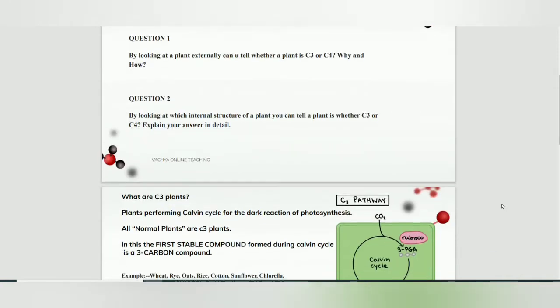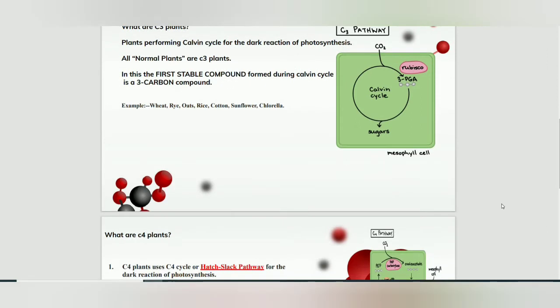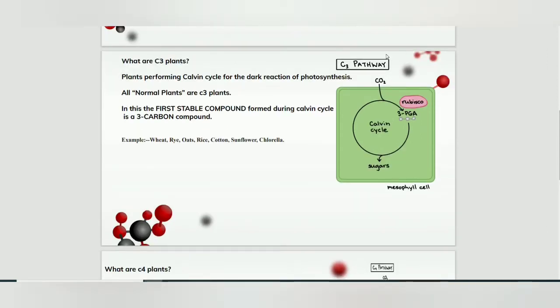So we know that photosynthesis is the process by which plants prepare their food using sunlight, carbon dioxide, and water. This happens in the leaves, and there should be the presence of the chlorophyll pigment. So photosynthesis means synthesis of food molecule, that means glucose, the sugar, in presence of sunlight.